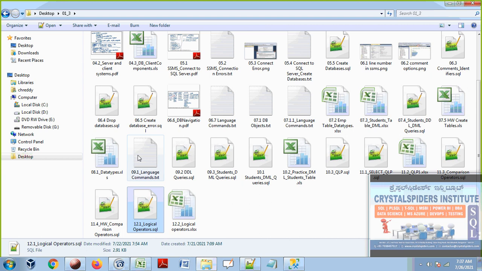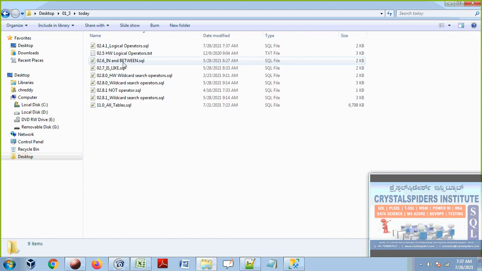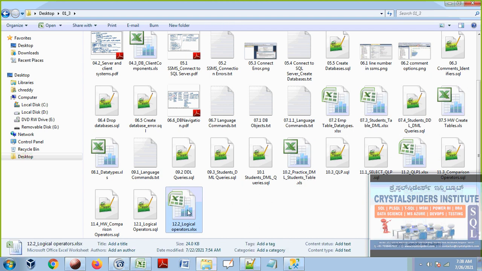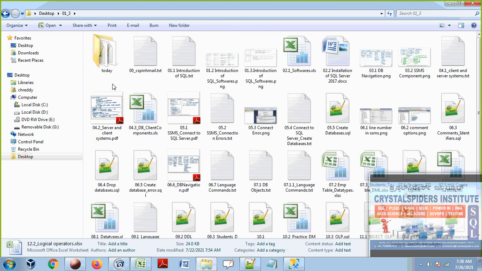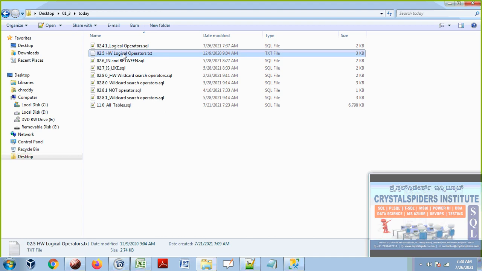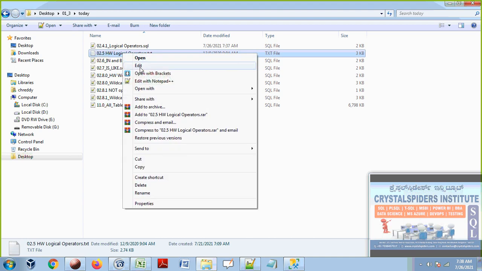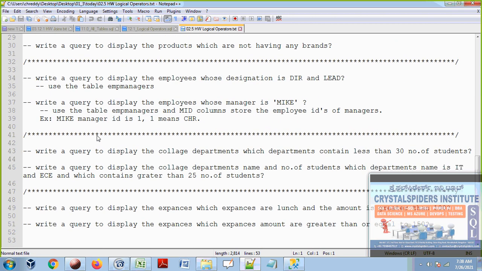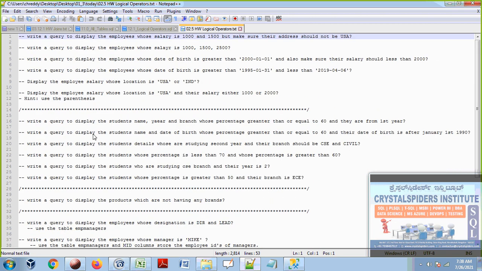And let me walk you through that homework. I uploaded this homework in the last session, guys. Okay, now I have not uploaded it; I am going to upload it today. These are logical operators. So now let me open these logical operators. This is the homework, guys, that we have. I want you to go through all this homework and write it. If you have any questions, you can just copy and paste and tell me the line number, guys.